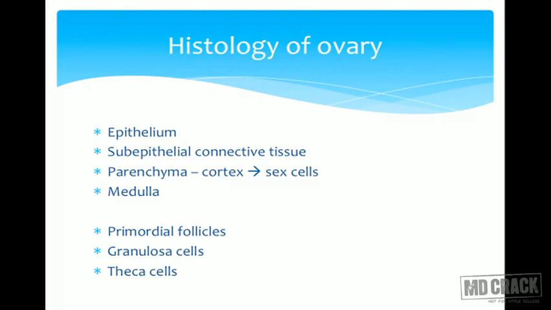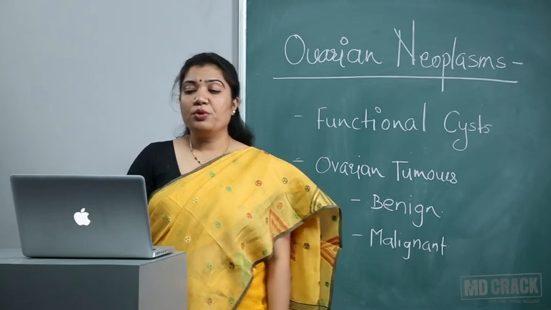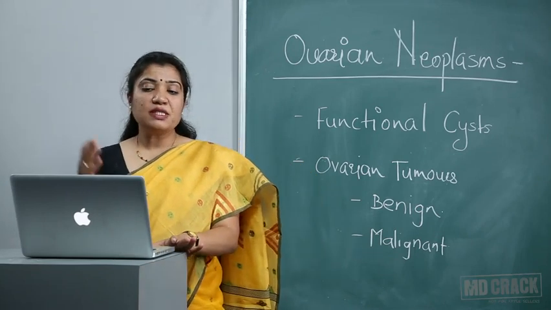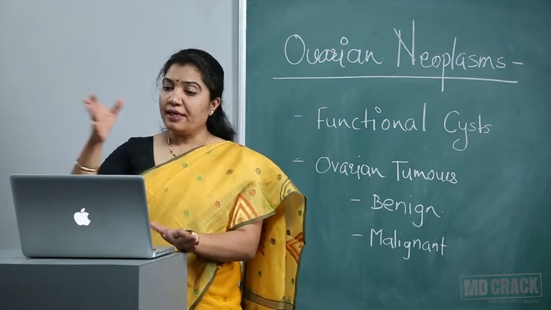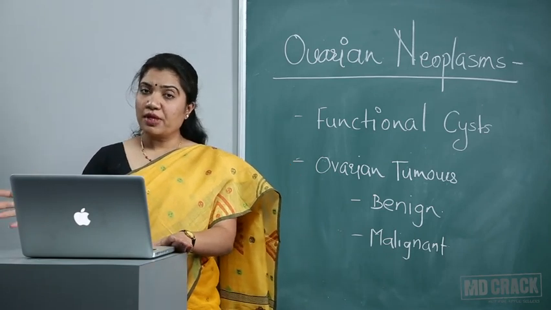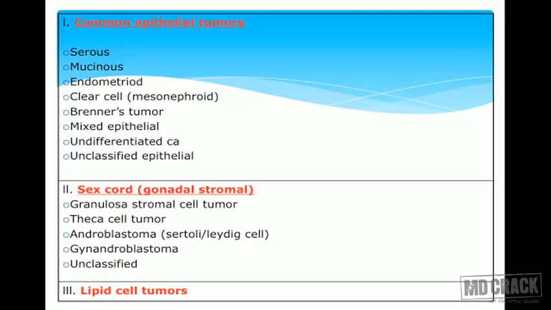So the ovary has a capacity to form tumors of all these cells which are present there. Epithelium is quite similar to the mesoepithelium of the peritoneum. So as we see the types, you will see that all these types of epithelium can be there, or the tumors can be seen as CA ovary. The most common tumor is the common epithelial tumors, in which you will see all the genital tract epithelium